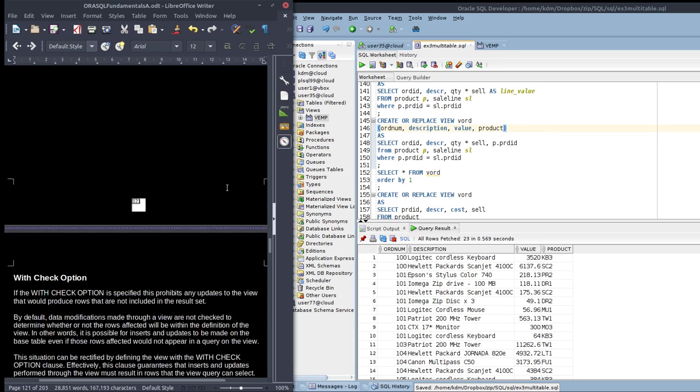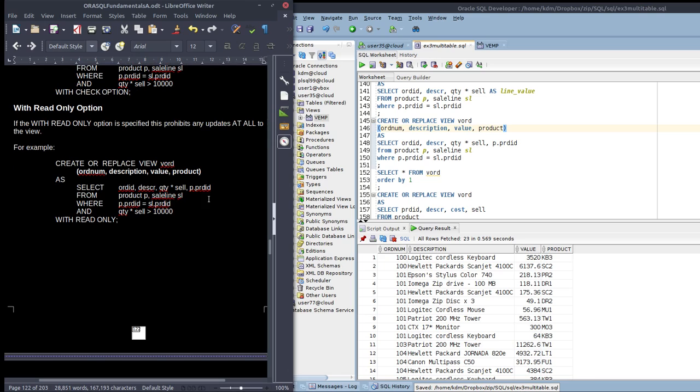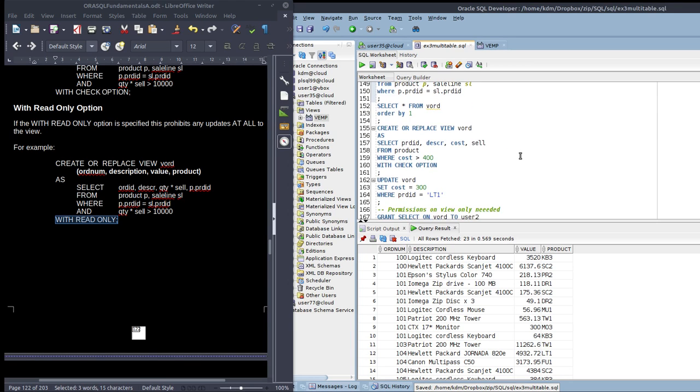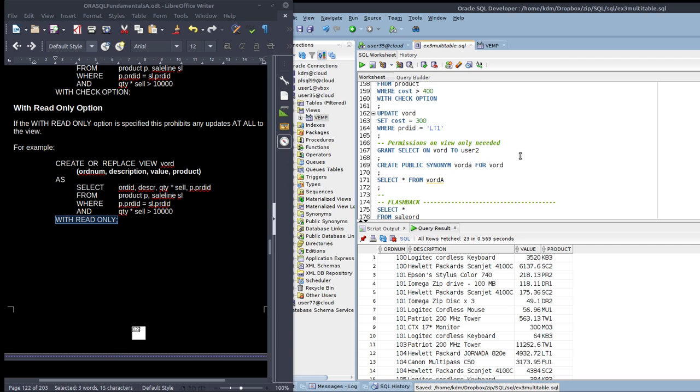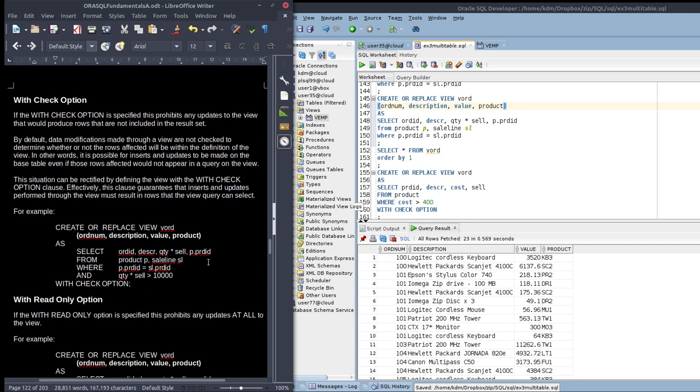They're quite simple views. The last thing on views, there's two things you can do. One is have a read-only view, which is easy. You just say with read-only, and then whoever's looking at the view can't update it. Now if they can update the view, sometimes it's best if you put a check option. The idea being here is that